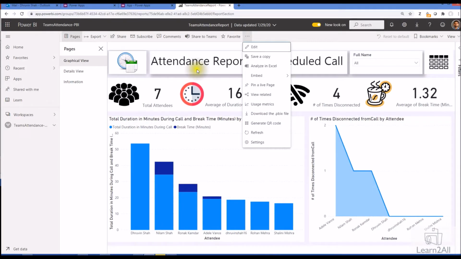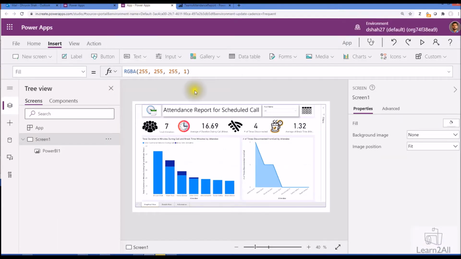Let's say for an example, you have published this report over this workspace, and at this moment two users have permission to view this report on this workspace, and this Power Apps has been shared with 15 users. Then how can they be able to view the report? Here the funda is very simple. You need a Pro license in order to share the report with the other users.